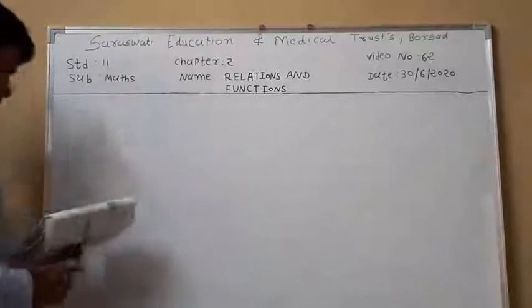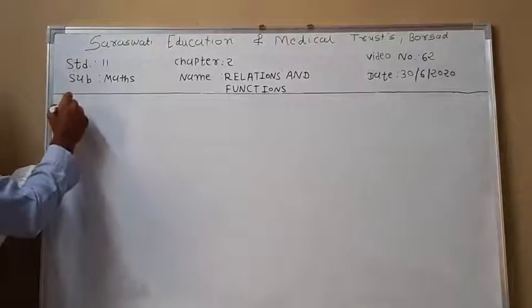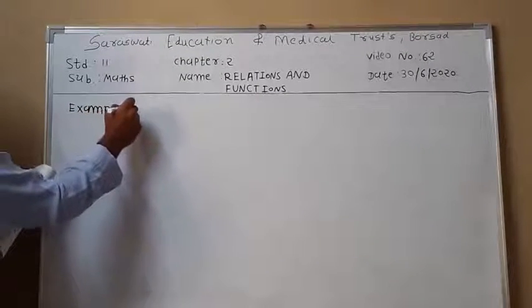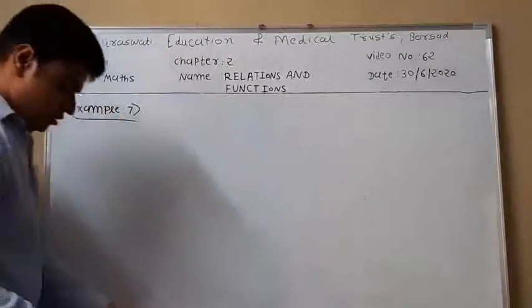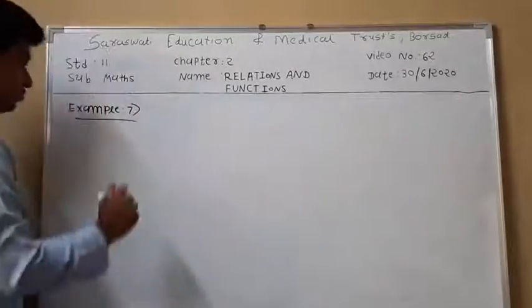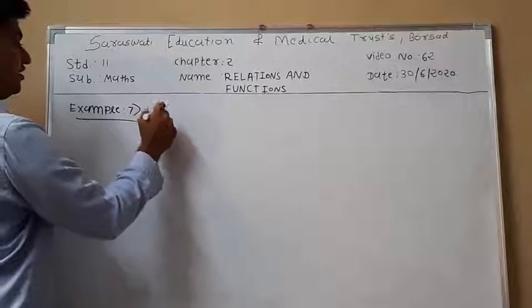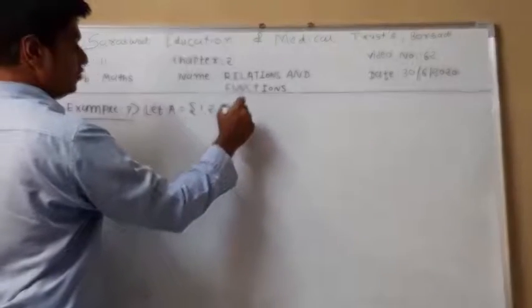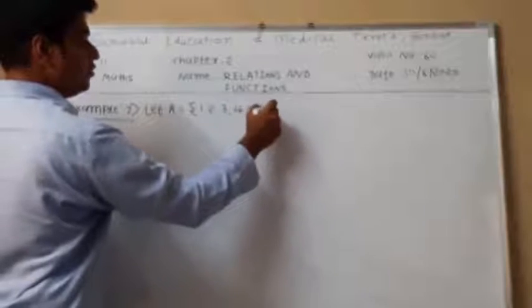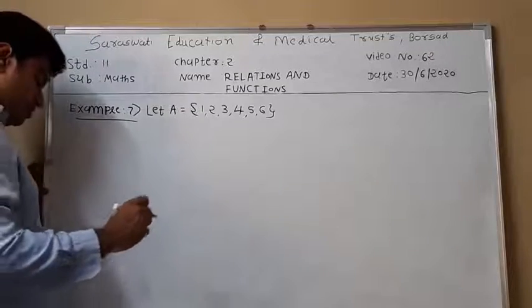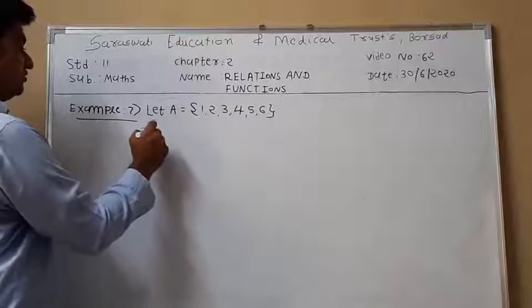Example number 7. Here set A is present. Our question is: let A be the set of 6 elements: 1, 2, 3, 4, 5, 6. Now here the condition is present, define